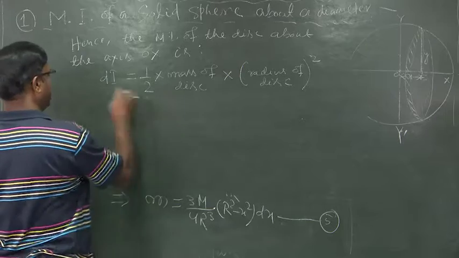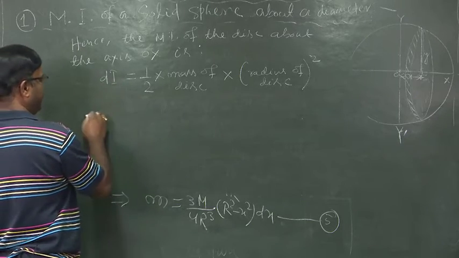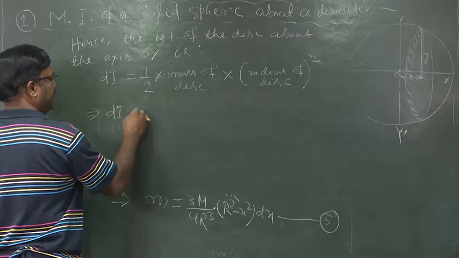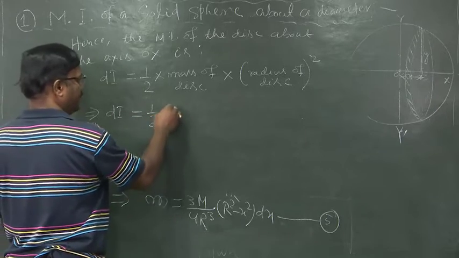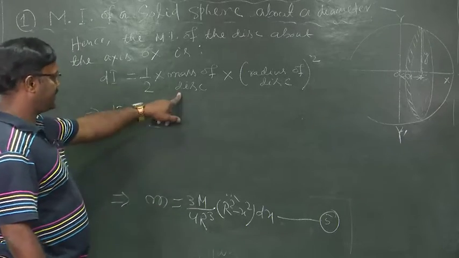That is, dI is equal to half into the mass of the element disc,